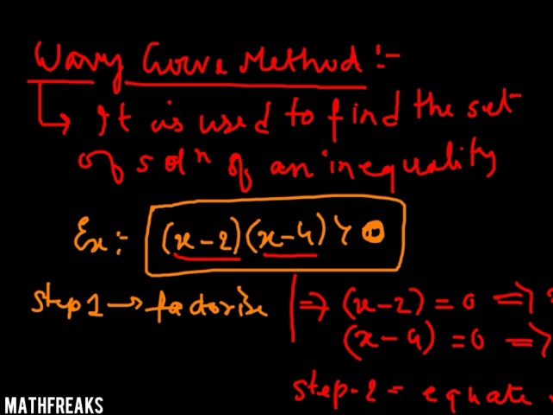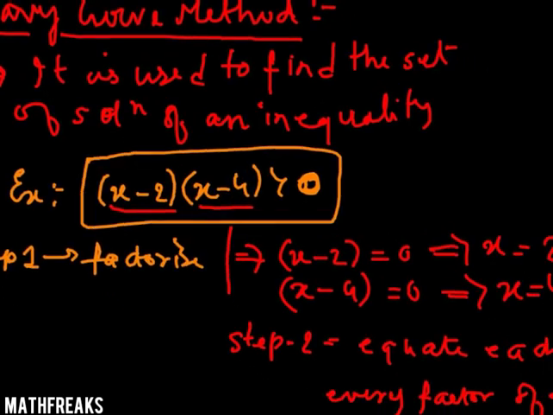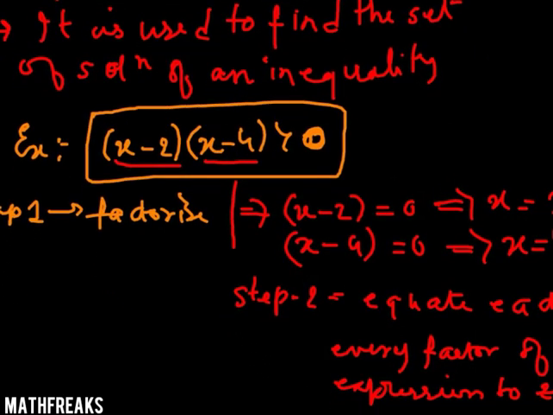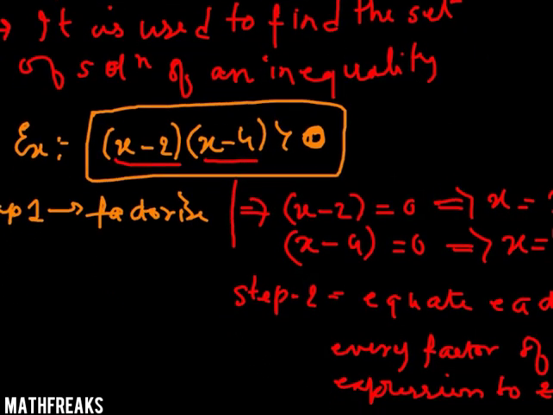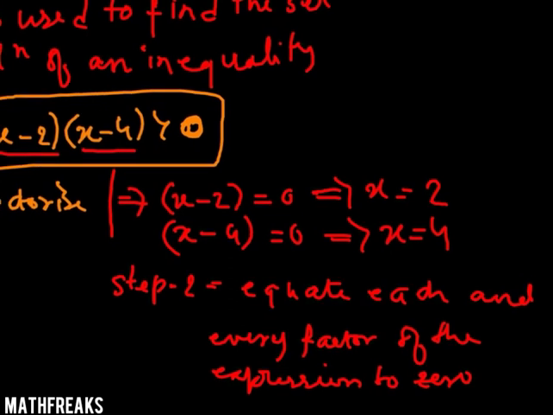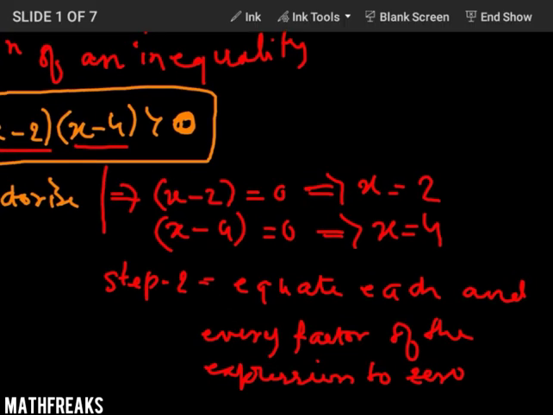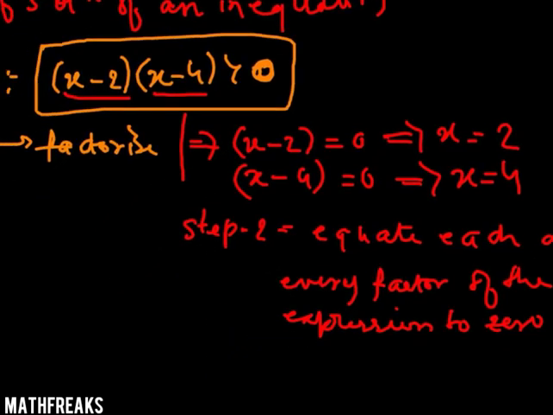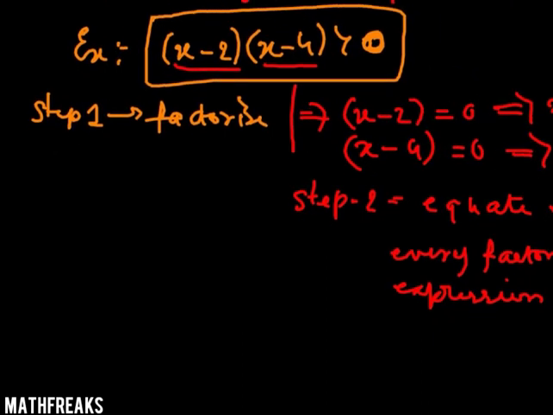So the first step is to factorize the expression. Now when you are done with the factorization, you will end up with some factors of the expression. The second step is to equate each and every factor of the expression to 0, like we have done in this case. Now if you are done with the two steps, the third step is to draw a number line